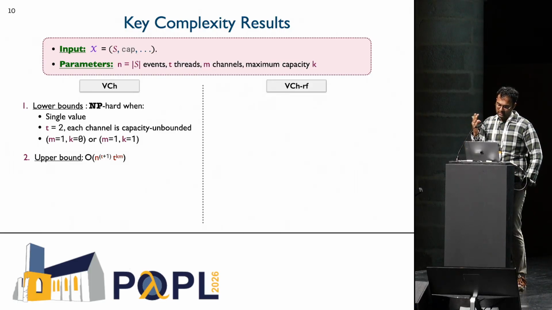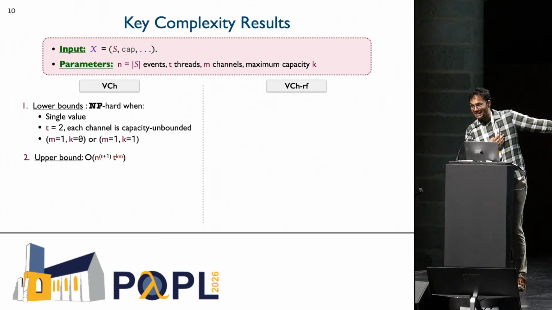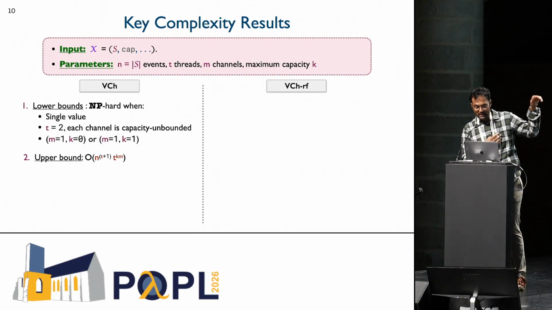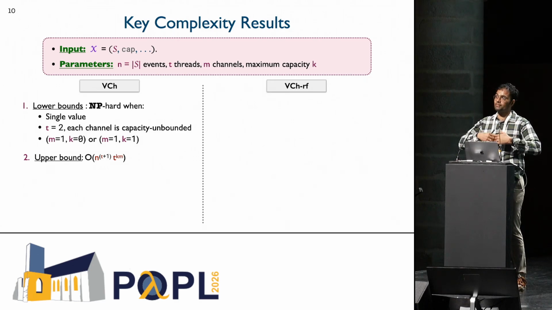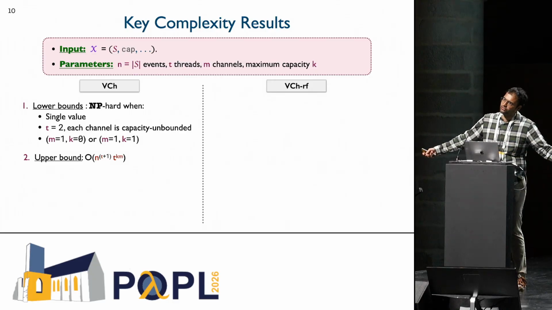On the other end, we have algorithms of this kind. They work in time complexity n raised to t multiplied by t raised to km. And if you pay attention to it, it's actually a better algorithm than something that iterates over all permutations, because that would take around t raised to n time. n raised to t is better than t raised to n because the number of threads is typically much smaller than the length of the execution itself.